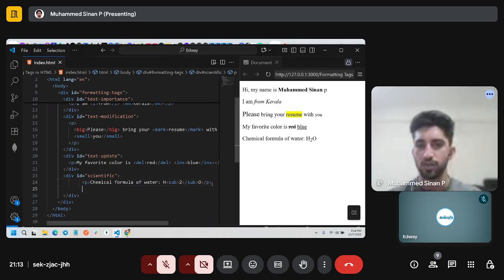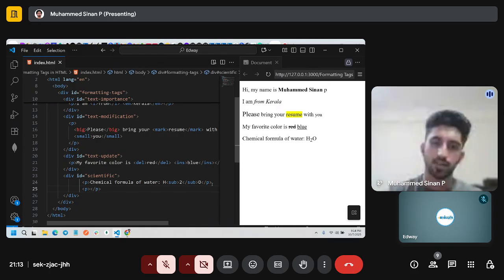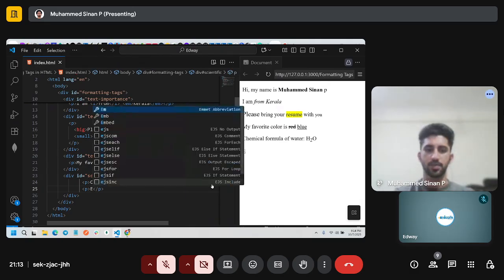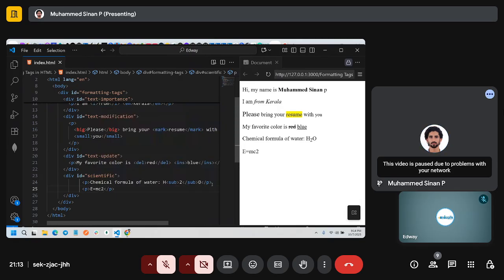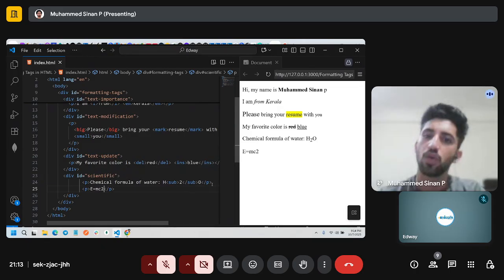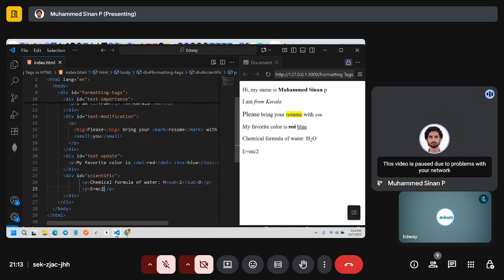So that's the same case with the superscript. For superscript, let's say E is equal to mc square, the Einstein equation. To make this 2 on top to look like a square, you can use what? Subscript for below, superscript for top.